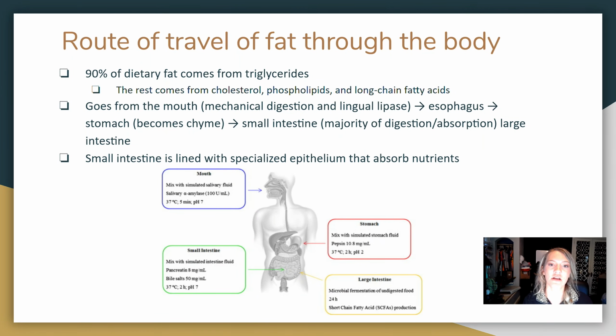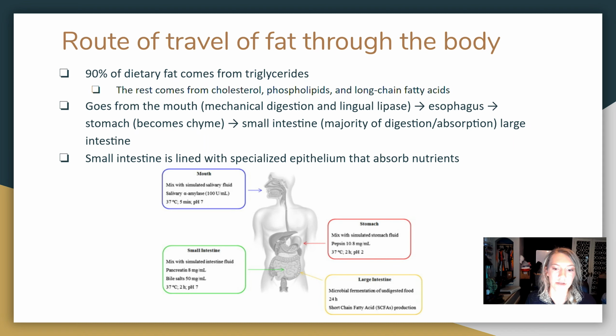We'll start with the route of travel of fat through the body. 90% of dietary fat comes from triglycerides. The rest of it comes from cholesterol, phospholipids, and long-chain fatty acids. Absorption starts whenever you consume food through the mouth. This is where mechanical digestion and lingual lipase happens. The food then travels down the esophagus